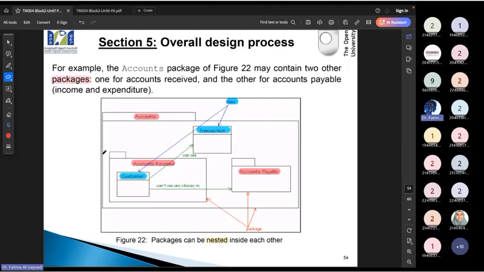So it can have a lot of other elements. نحطها كلها داخل نفس الباكج. So in this example I have 3 packages: الاكونت receivable والاكونت payable. I can have one package inside another package.